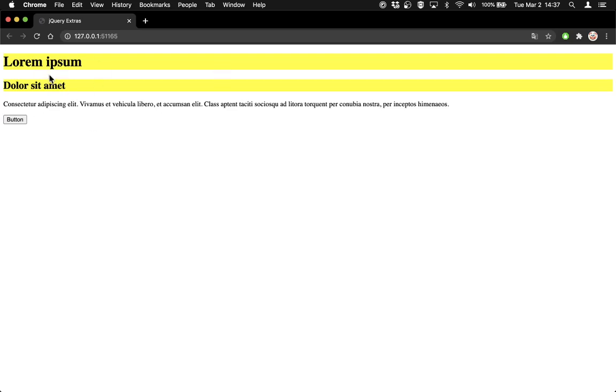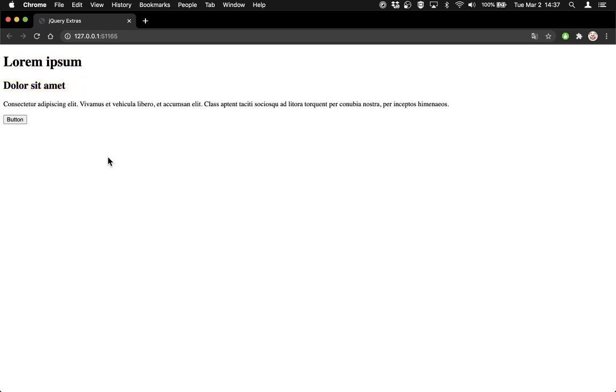So now if I click on the main header, click, the class goes away, and so therefore also the yellow background goes away. Same thing for the subheading. So this is just a really simple, easy way to change the appearance of things, right? Because in adding a class, you're adding a whole bunch of CSS. And a lot of the time,